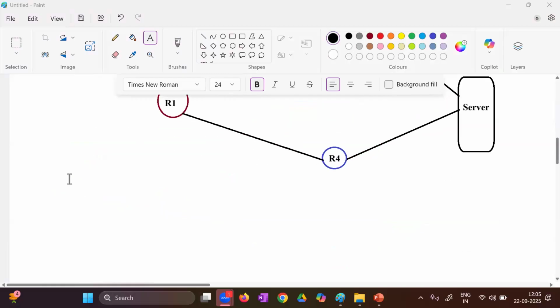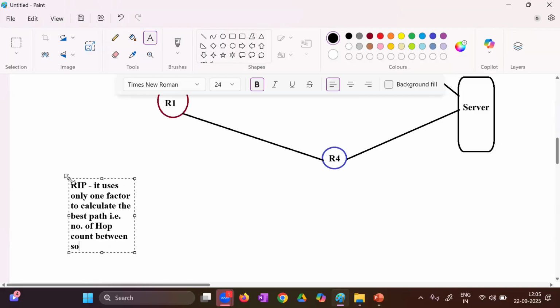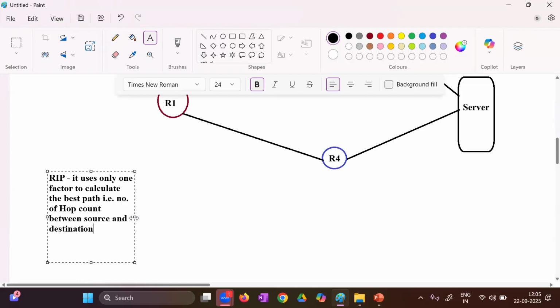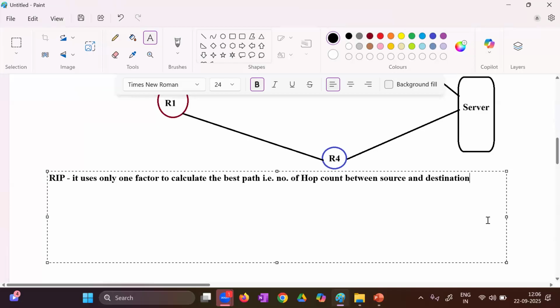First thing, you can write that a routing information protocol uses only one factor to calculate the best path, that is number of hop count between source and destination. Right? Then